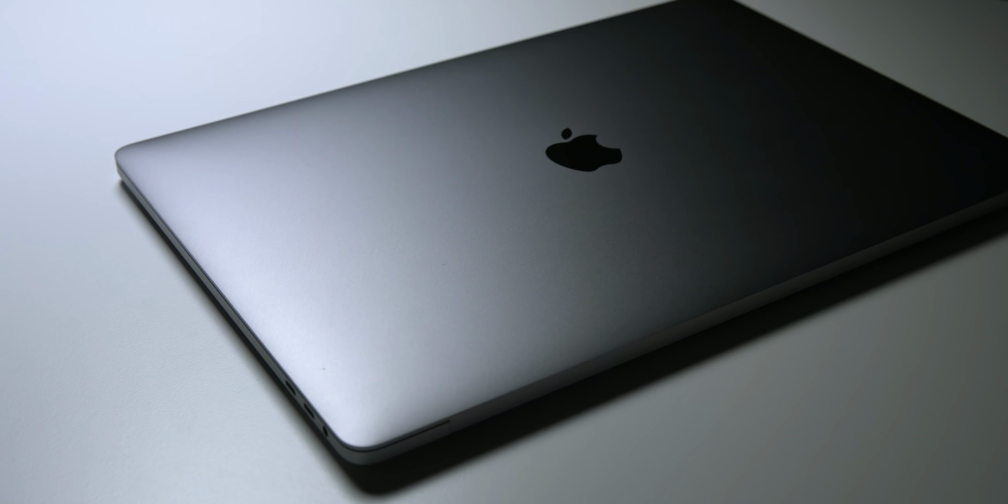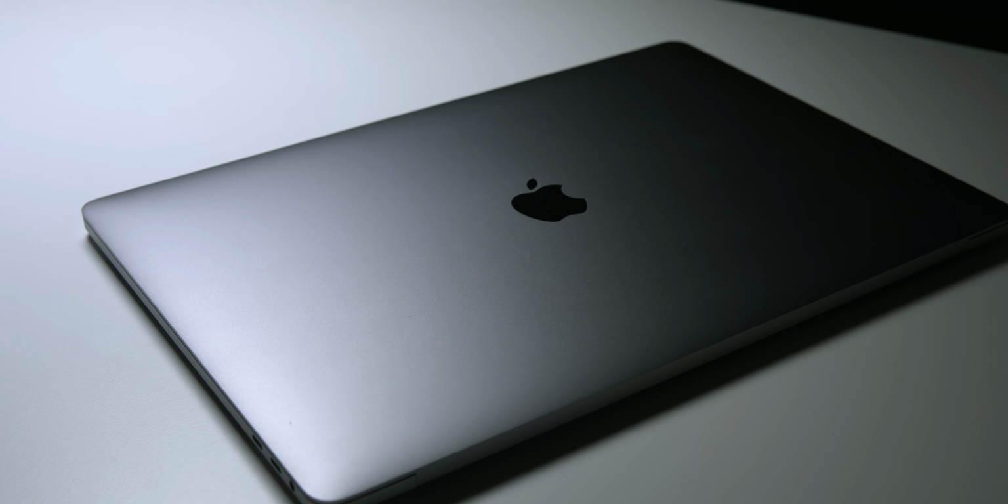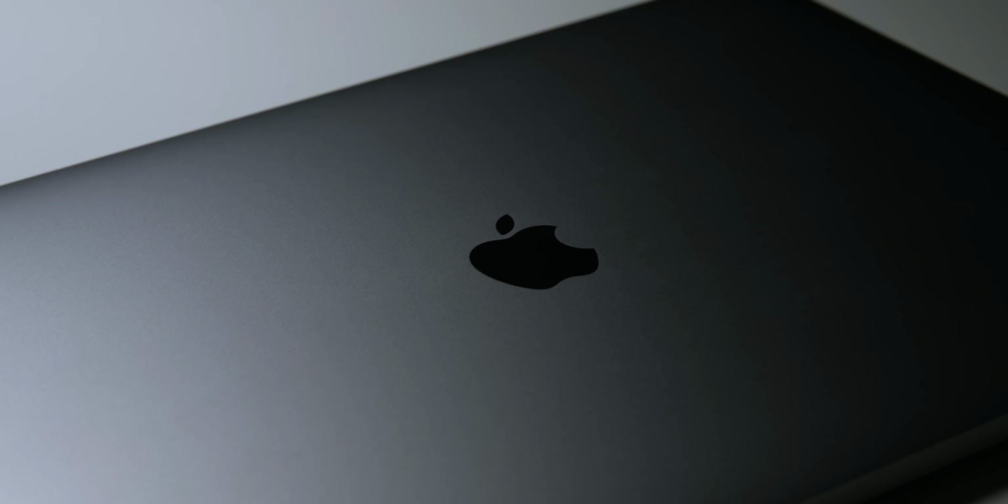It's been over 4 years since I have recommended that people purchase a MacBook Pro, mostly because it's been 4 years since Apple has made a good MacBook Pro. You see, the Touch Bar generation of MacBook Pro that began in late 2016 has been, well, it's been controversial